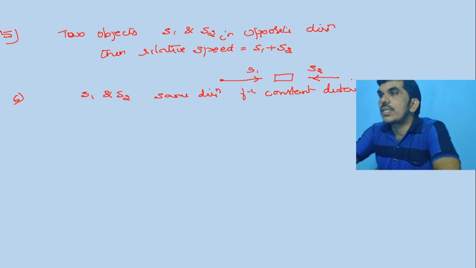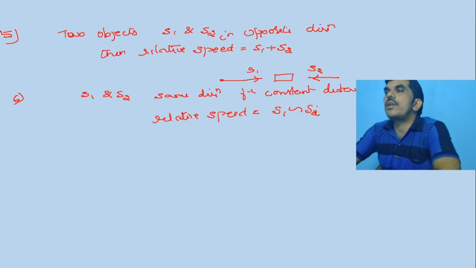In both these cases, the distance is constant. Then relative speed is equal to the difference of s1 and s2. It can be s1 minus s2 if s1 is greater than s2, or it may be s2 minus s1 depending on the situation. Okay, relative speed concepts,